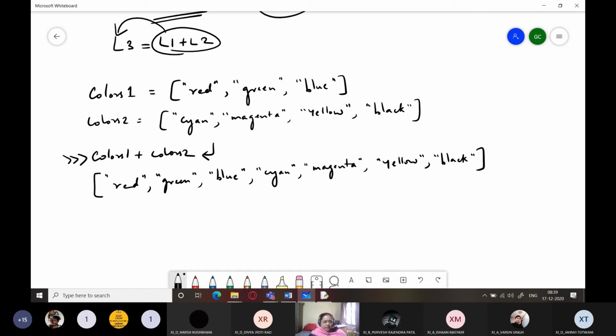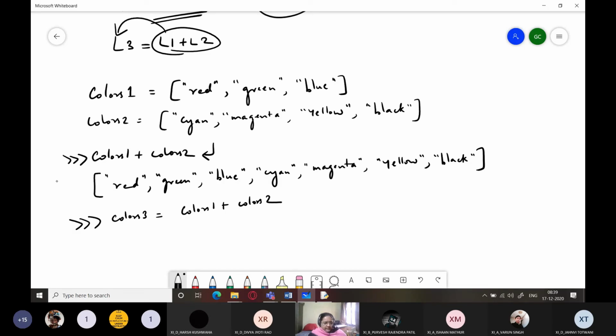This is the concatenated list, but it is not saved anywhere. It is just immediately returned to you. Why? Because you have not assigned this to any other list label or list object identifier. But to avoid that, you can write colors3 equals colors1 plus colors2.